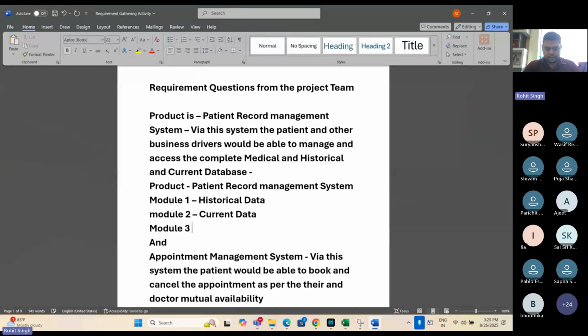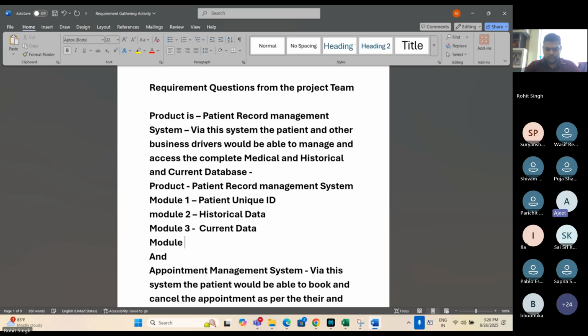Module 3, one minute, first we have to search, right? Patient unique ID. Okay. Current data. Then comes the fourth one, treatment.